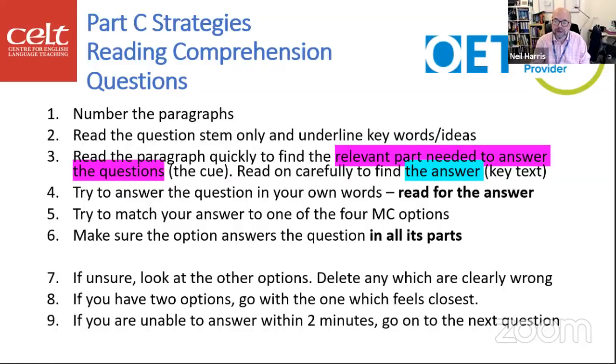Now, if you've got a good level of English, someone with a B2 or a low C1 level, then very probably the answer that you thought was right, that felt right in your stomach, is probably the one that's correct. In my experience, people who overanalyze sometimes change the correct answer for the wrong one, so be careful about doing that. So I'm going to leave that slide on screen for a few moments,